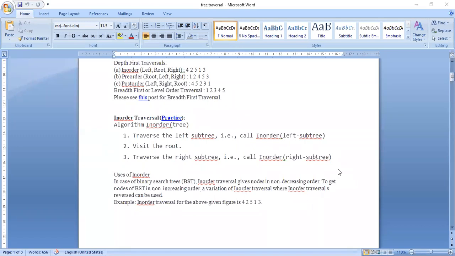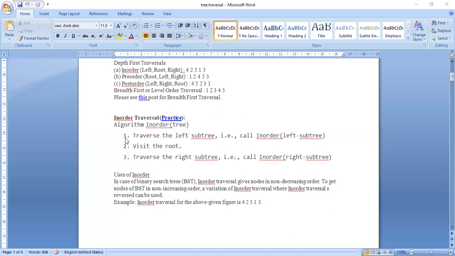If I am doing pre-order, I will also implement pre-order to the left subtree and right subtree. Post order is also the same thing. If there are only two children, it's okay. If there is a left subtree and right subtree, I will implement the same traversal to them. It may be in order, post order or pre-order.